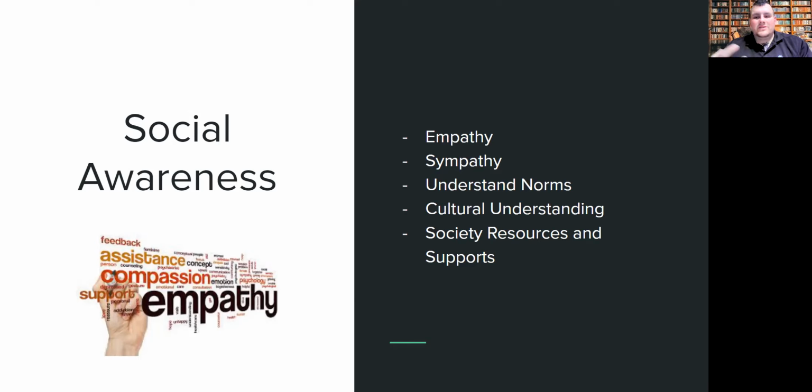This also includes understanding norms as well as cultural understanding. Understanding what the norms in the classroom are, what the accepted practices are, is very important. So the teacher needs to standardize those things in their classroom and make them extremely clear to all their students, including keeping them posted so that students know what the norm is in class. Do we raise our hand? Do we popcorn? All those kinds of responses are extremely necessary in the classroom.